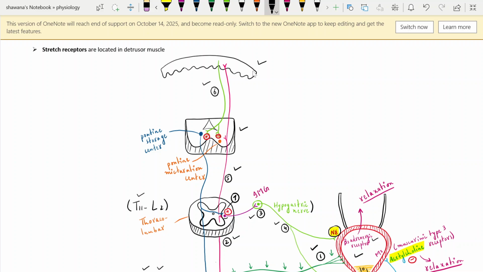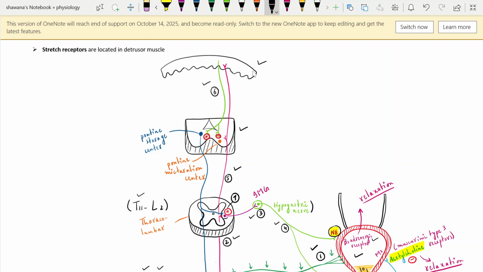So now we need to store the urine, and there are specialized types of centers located in the pons. There are two types of centers. First is the pontine storage center, and the second is the pontine micturition center. What does it mean? It means that when we are planning to store the urine, we need to stimulate the pontine storage center, and we need to inhibit the pontine micturition center, because yet we do not want to micturate,